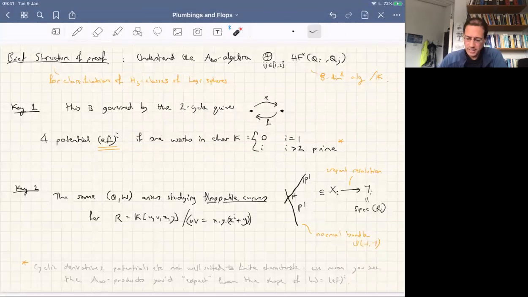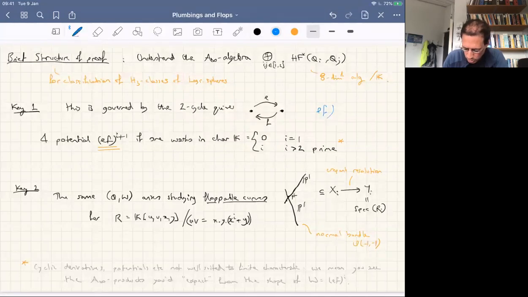As I've hinted, the first step is to show that this A infinity algebra is basically the same one that comes out of the Ginzburg construction applied to the two-cycle quiver, equipped with the potential EF to the I, but that relies on working in a particular characteristic. And I think I've got a slight typo. This should be EF to the I plus 1. Don't quote my indices. But in any case, EF squared should correspond